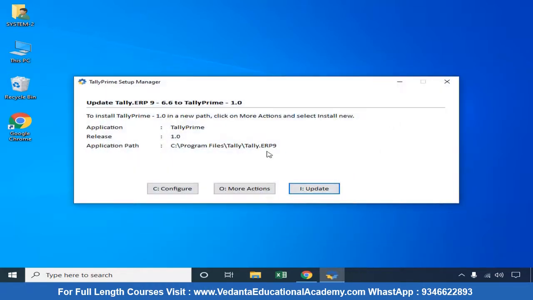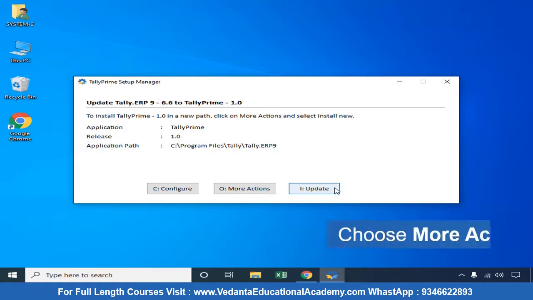And next, for example, if you already installed the Tally Prime version and now you downloaded a new updated release, then at that time you need to click on update, right? For example, now it is Tally Prime 1.0. In the future, if Tally Prime 1.2 is released, in that case you need to click on update.